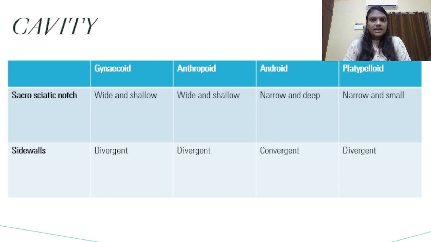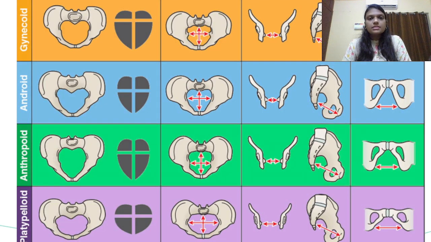Next we are going to see about the cavity. In the mid cavity, we are going to see 2 points. One is the sacrosciatic notch and the other is the side walls of the pelvis. How are we going to differentiate these 2 points in all the 4 pelvis? See,